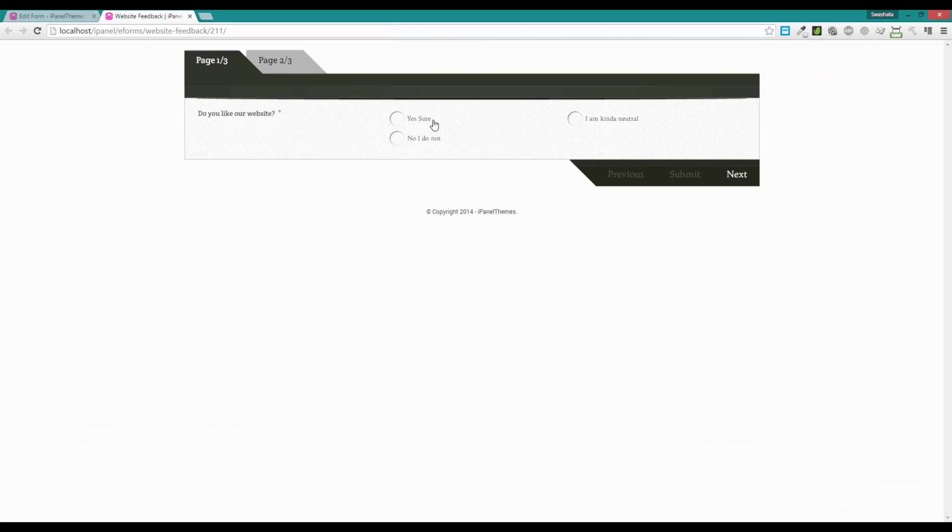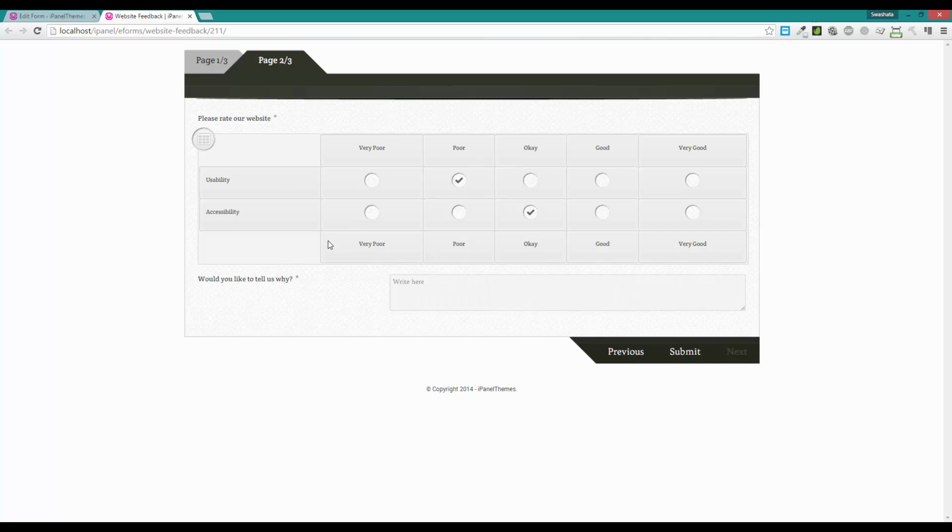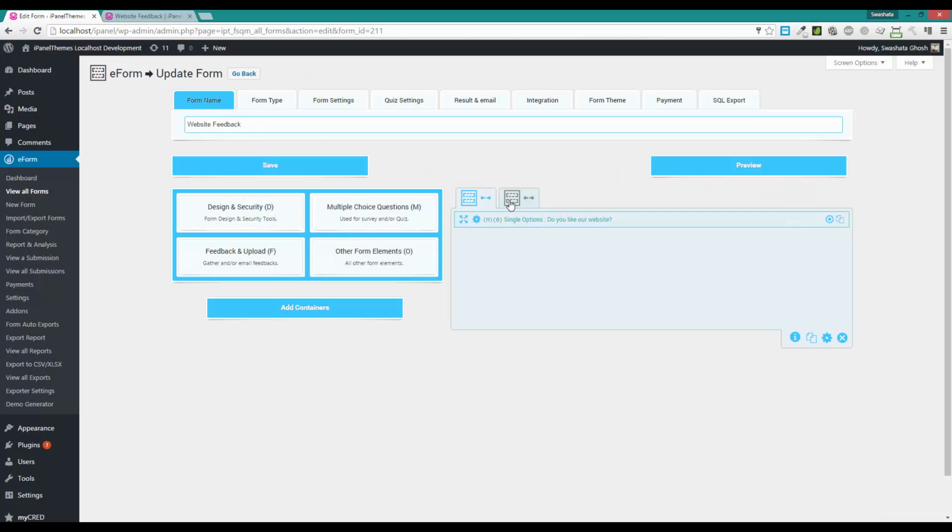Okay, so I'm going to select yeah sure, going to the next page and our matrix feedback shows up. I'm selected OK for all of the rows and the feedback doesn't show up, but if I select poor for any of the row, then it shows up asking would you like to tell us why. Anyway,